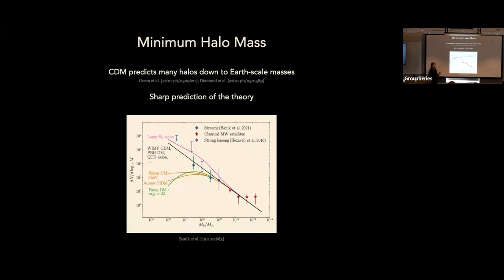To give you a sense of where we are observationally, the red stars here are the classical Milky Way satellites. The blue dots are constraints coming from looking at perturbations of stellar streams, and the purple are coming from strong lensing. And the thinking is that with the upcoming data, both from the stream data and also the strong lensing data, we're going to be able to get much stronger constraints going down to about 10 to the 6, 10 to the 7, which is precisely that really exciting regime where we can start testing and looking for deviations from CDM.